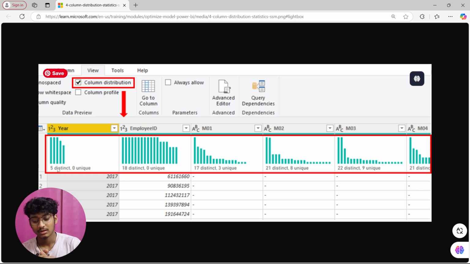Unique is where it will give only the unique items in a column, meaning that value should occur only once in the column. So when you have more unique items in a column, you will have high cardinality, and high cardinality leads to low performance. So it is better to have many distinct values rather than many unique values. So let's cancel this